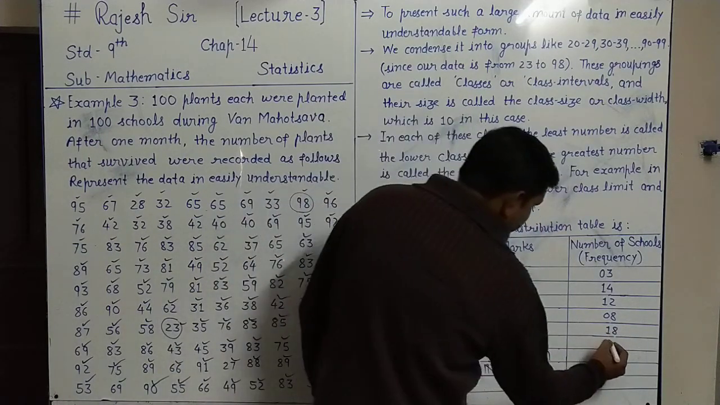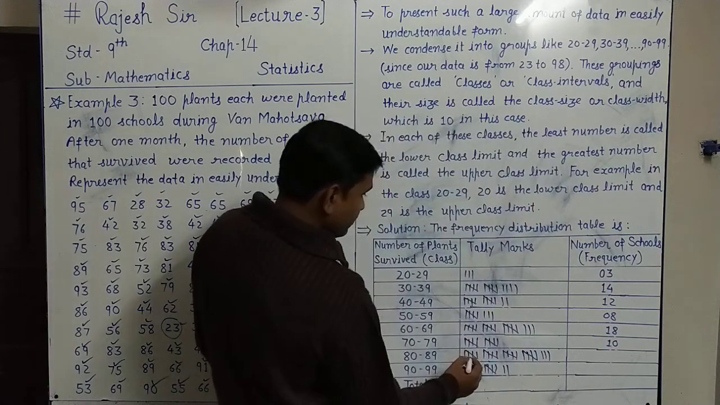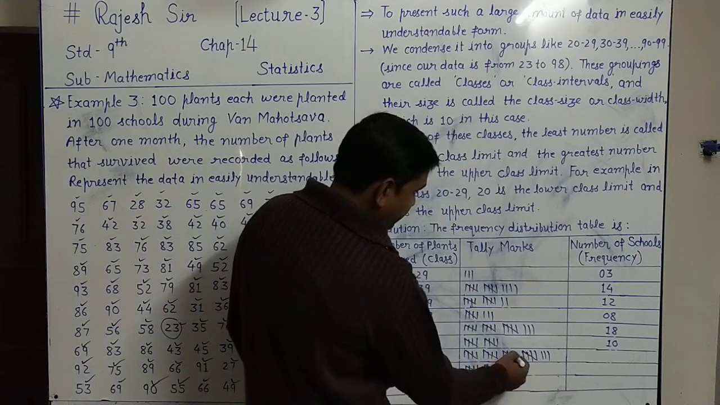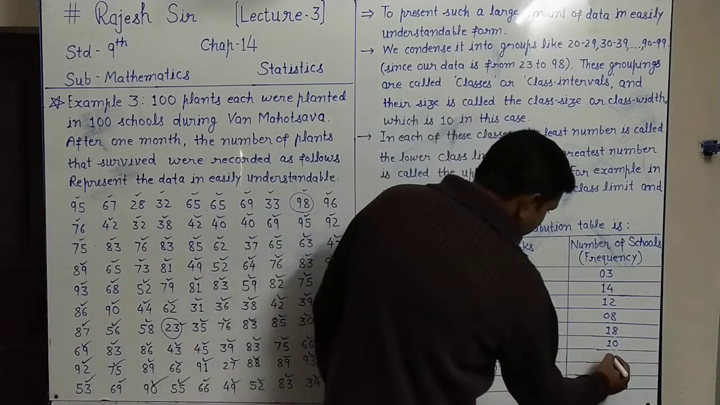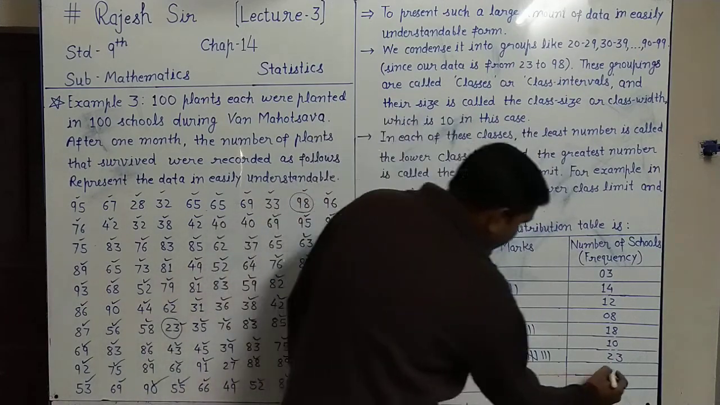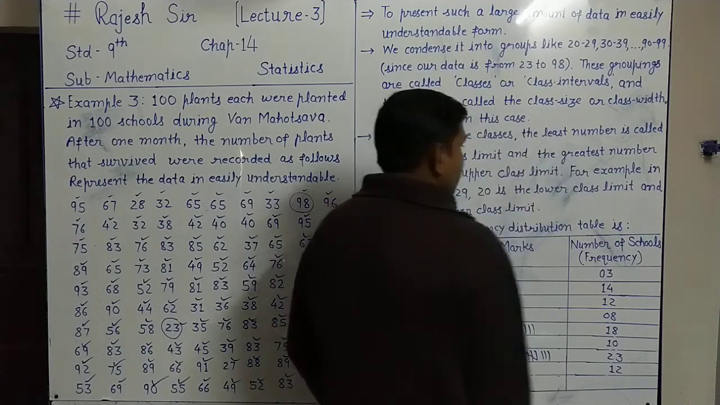5, 5, 10. 5, 5, 5, 20 and 2, 3, 23. And this 5, 5, 10 and 2, 12. So this way, total number of schools